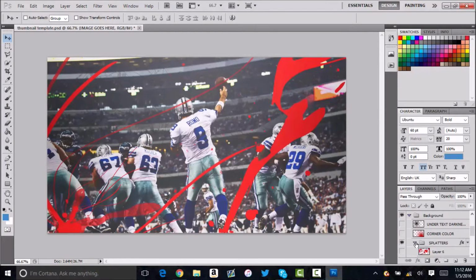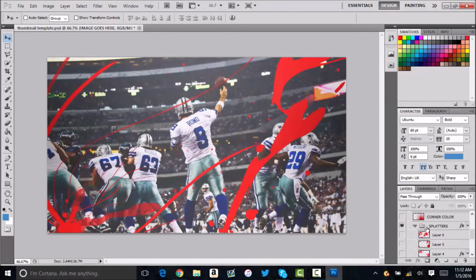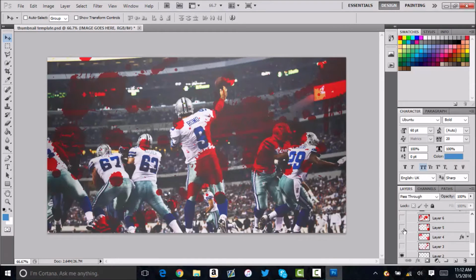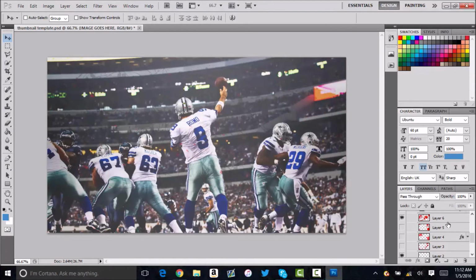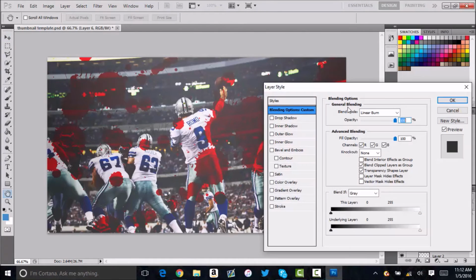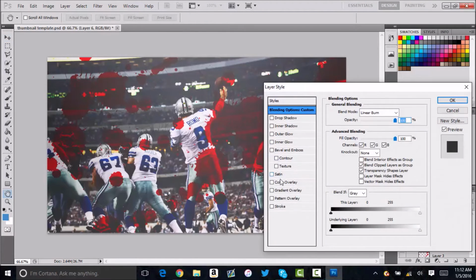And then what you want to do is you can add splats or rays, or you can add both. Those are the rays right there. But I like adding splats. We're gonna go with this one right here. So to change the color, you're just gonna double click the layer, or sorry, wait, is there a CC? Okay, double click the layer, go to color overlay,